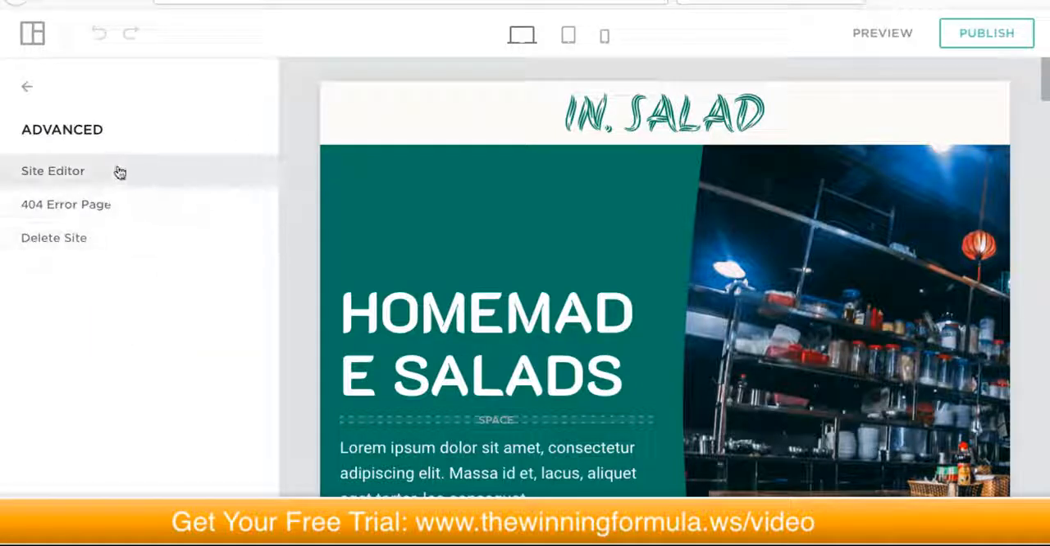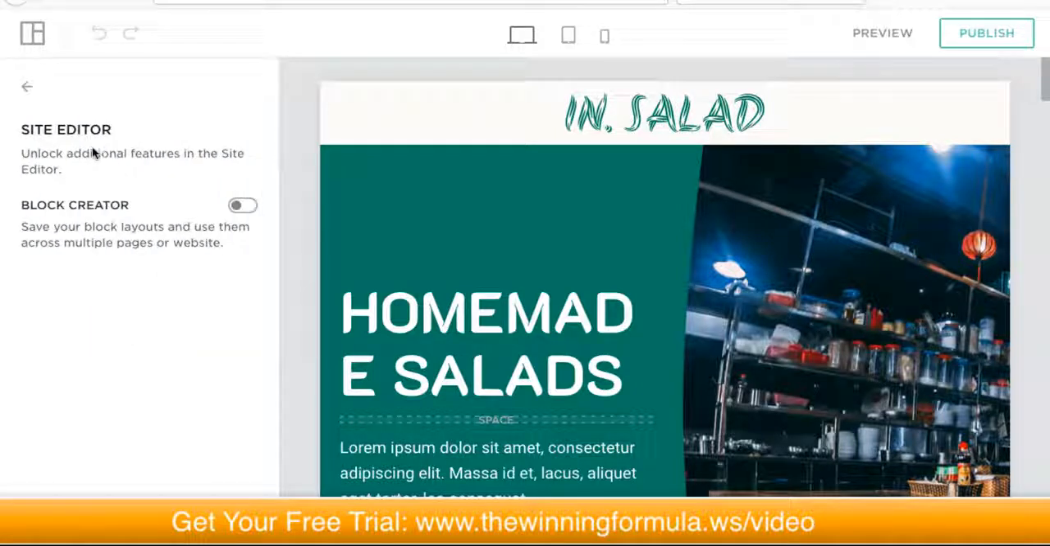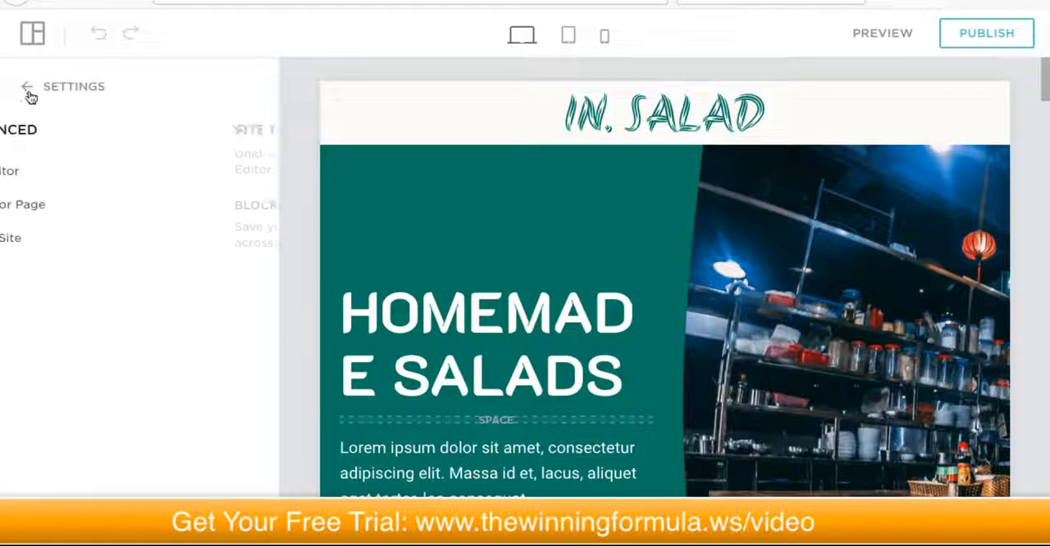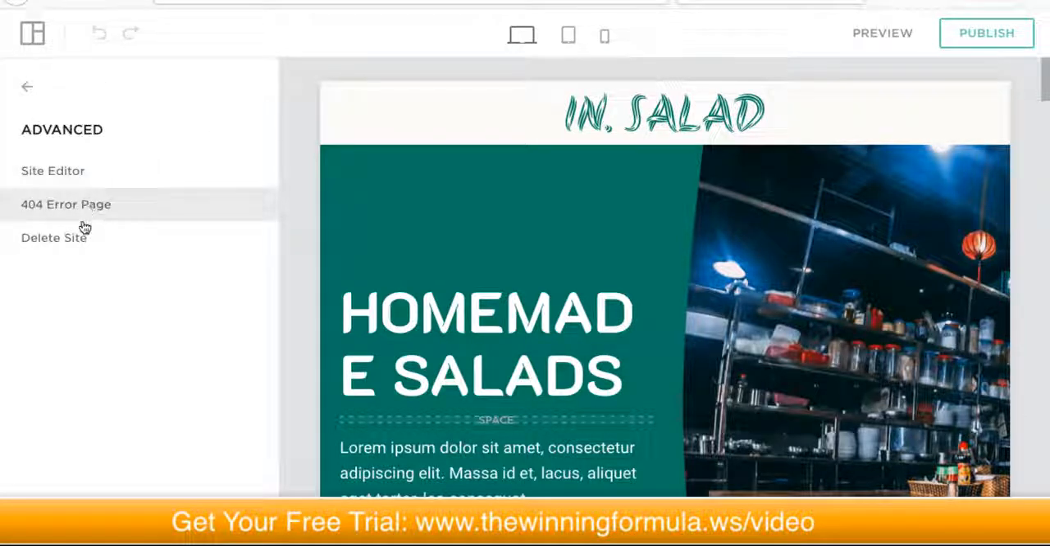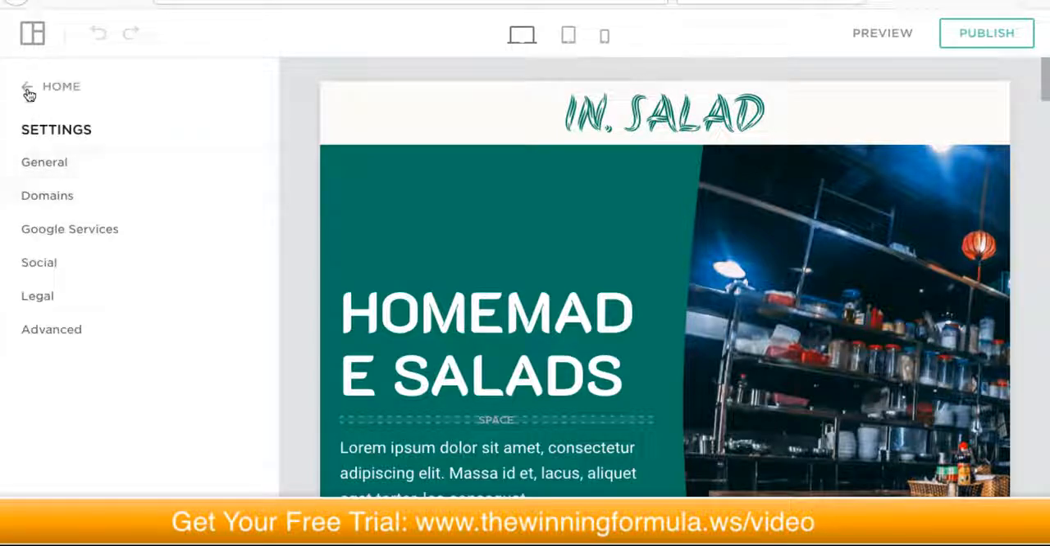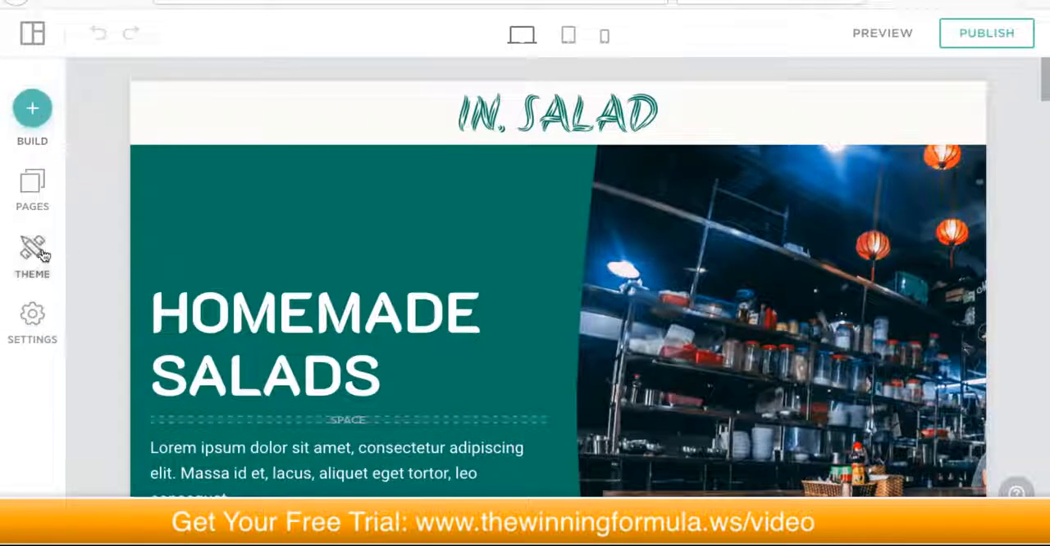Your advanced stuff. What do you want your error page to look like, or do you want to delete the site? All that stuff is there in your settings. Now